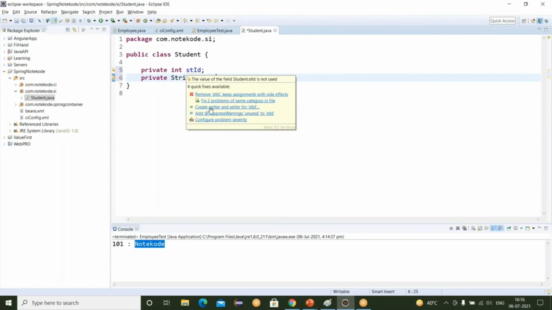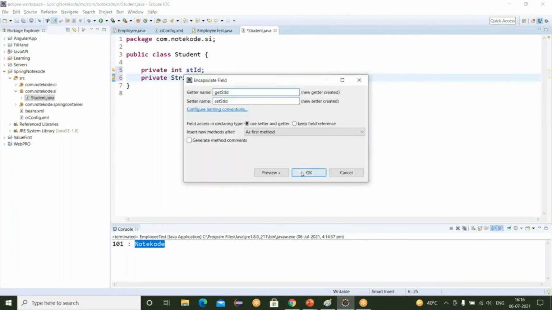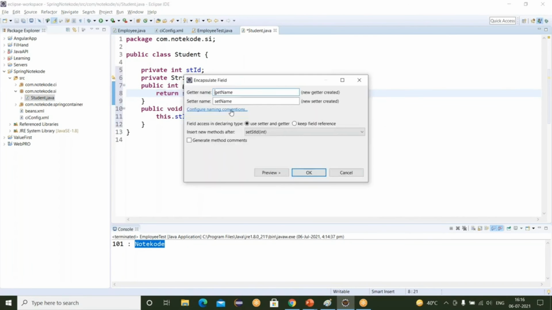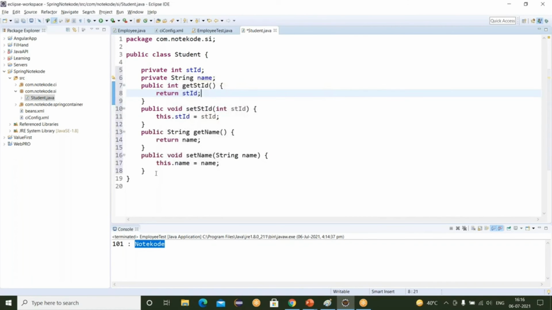Okay, now creating the getter and setter for both the variables.